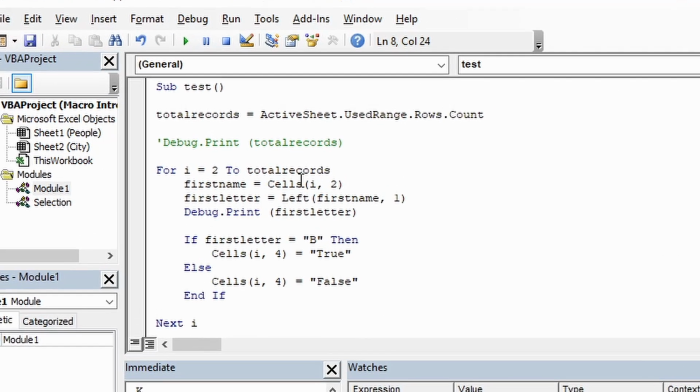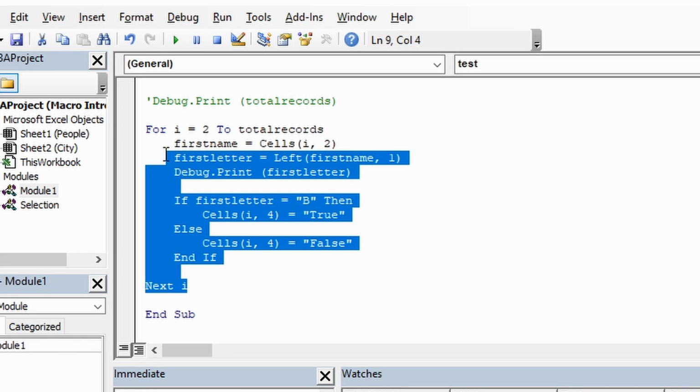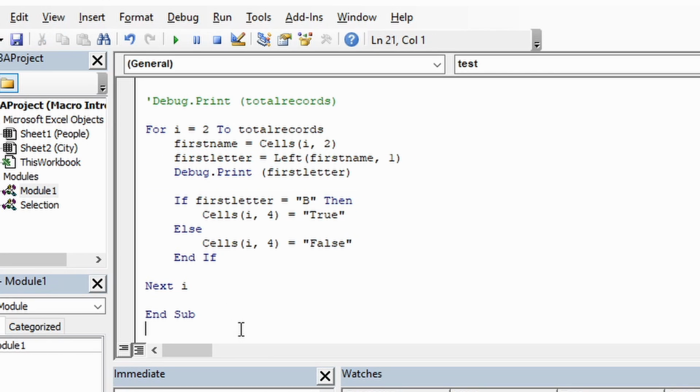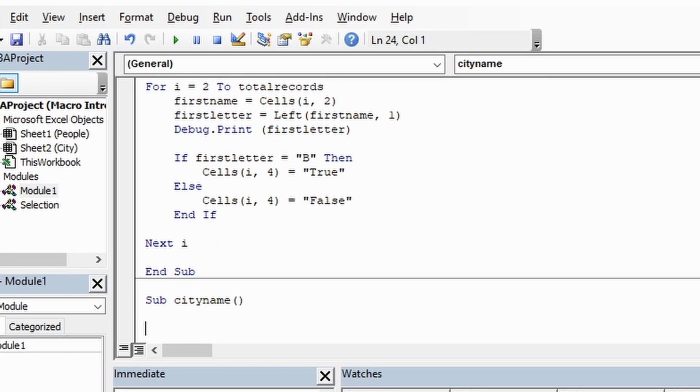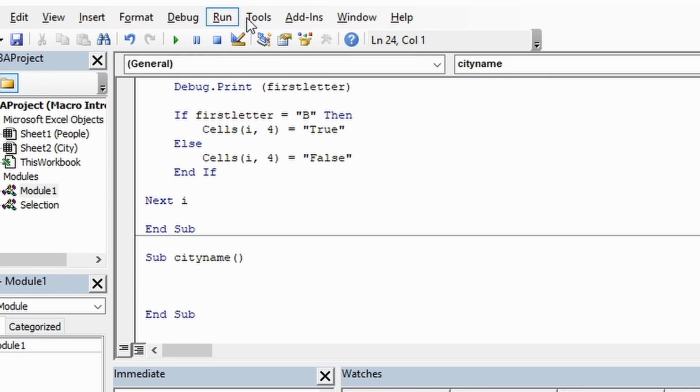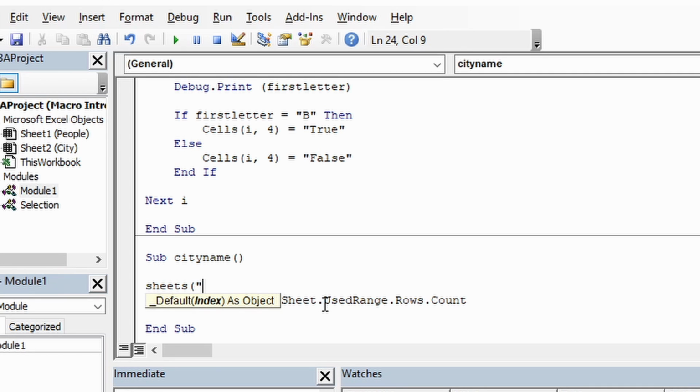Let's go back to our module, and I'm going to just delete this. Well, you know, we could keep this, and let's just type in Sub CityName, okay? And what I'm going to do over here is get the number of rows again. So let's call this peopleRecs equals ActiveSheet.UsedRange.Rows.Count. But first, let's make sure that we're selecting the people sheet,